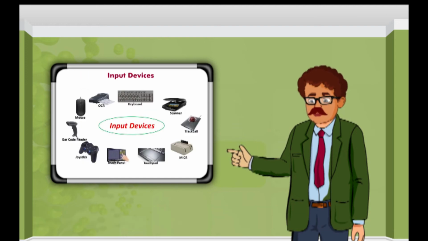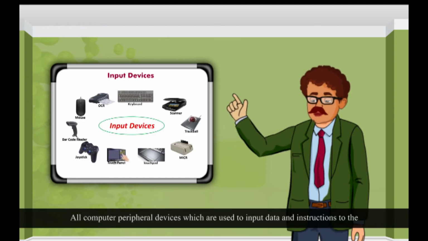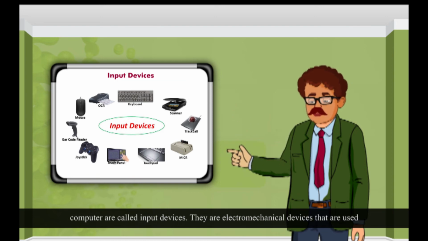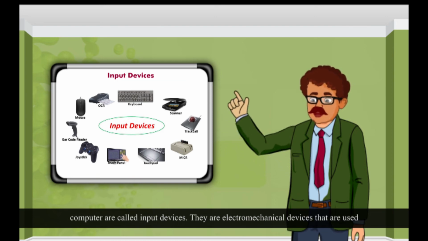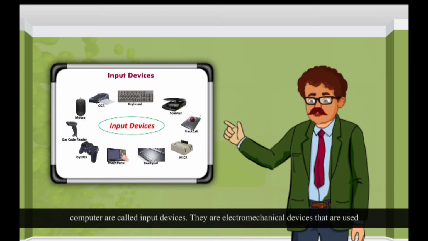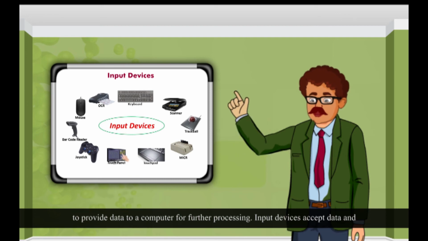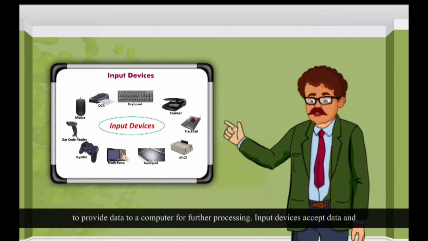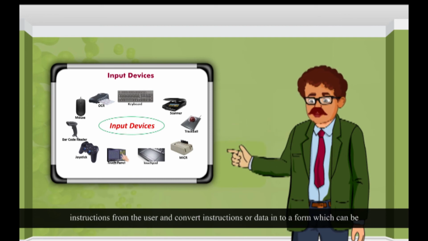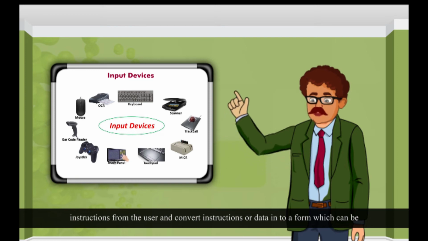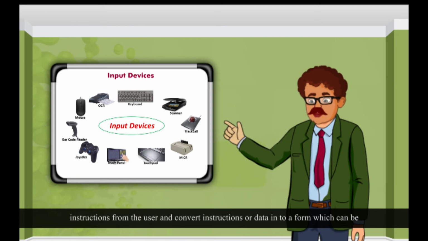Input devices. All computer peripheral devices which are used to input data and instructions to the computer are called input devices. They are electromechanical devices that are used to provide data to a computer for further processing. Input devices accept data and instructions from the user and convert them into a form which can be